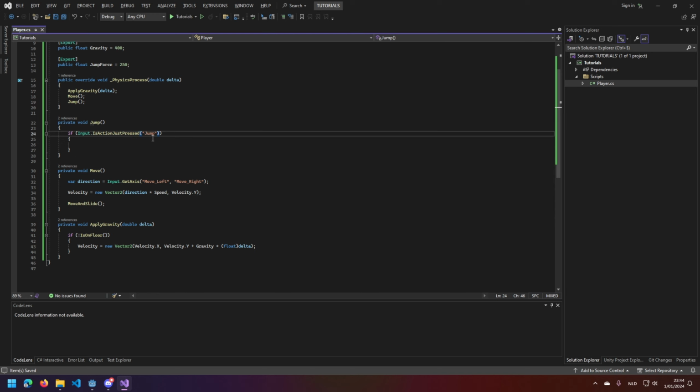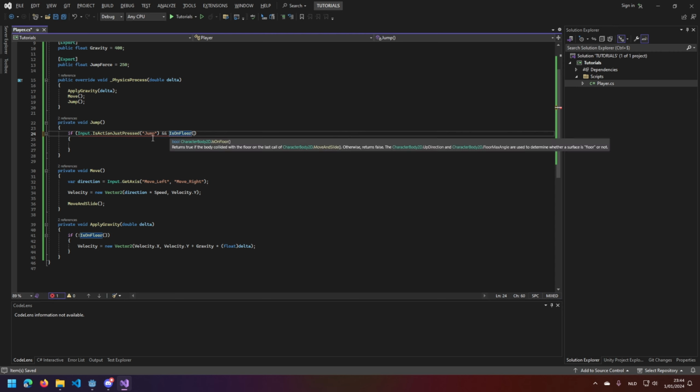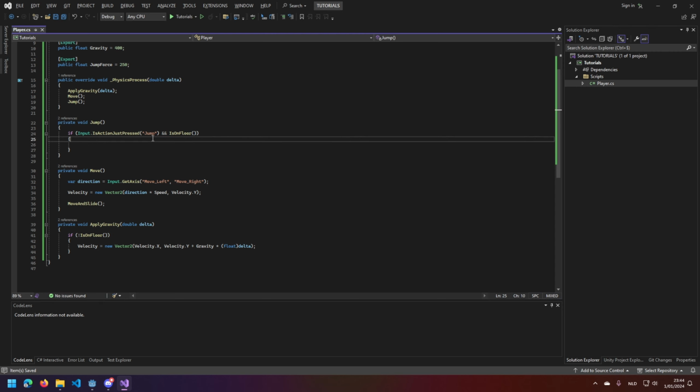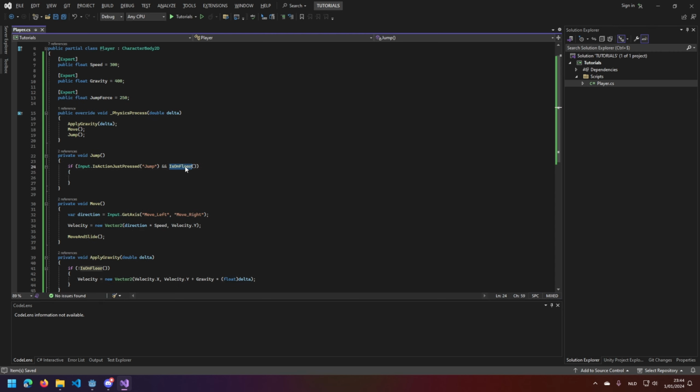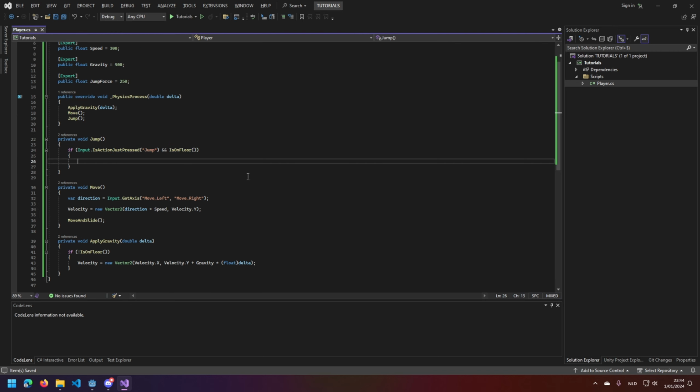But there's a small thing that we also want to apply. We also want to know if it's still on the floor or not, because we only want to be able to jump when the character is on the floor and not in the air, at least for now, right? So when the button is pressed and we're on the floor, we want the player to jump. So we're going to work with the velocity again. And we're going to take a new velocity,